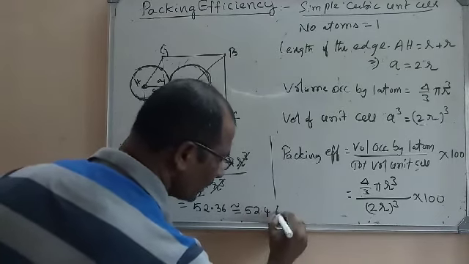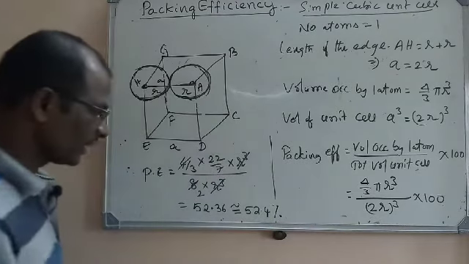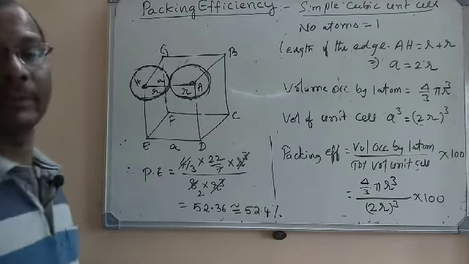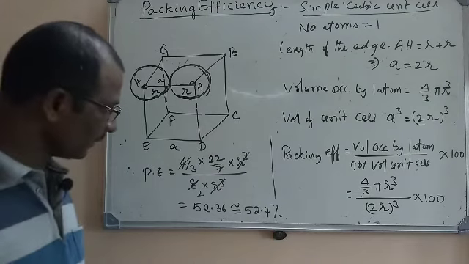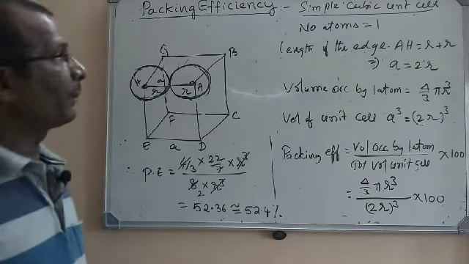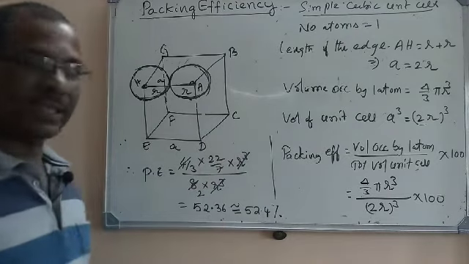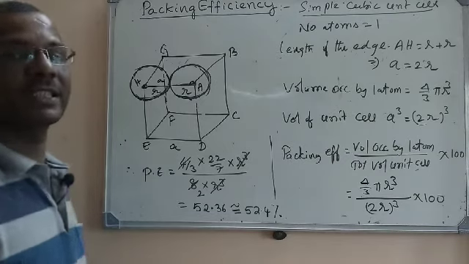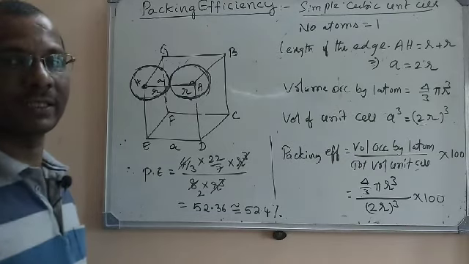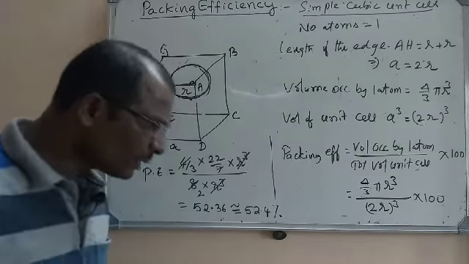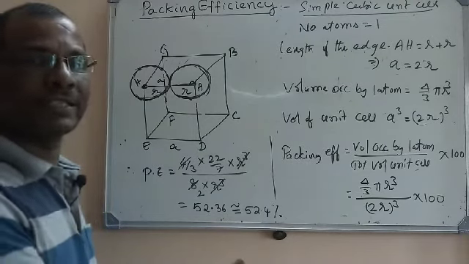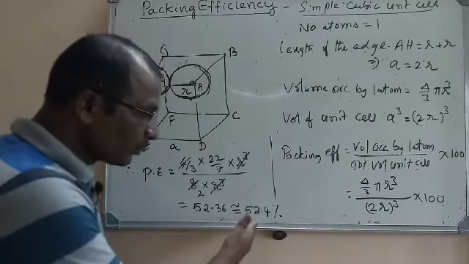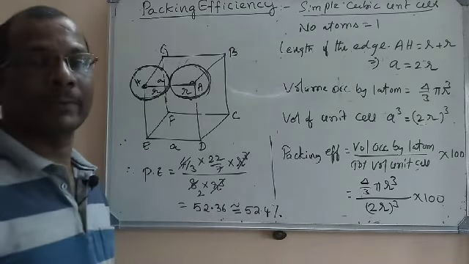It is also a calculated value, a derived value. So what is the packing efficiency? Nearly 52.4% will be the packing efficiency. Look here. The packing efficiency in a simple cubic unit cell is only 52.4%. Least packing efficiency is seen in the case of a simple cubic unit cell. That means almost 47.6% will be vacant, void, and 52.4% will be occupied with atoms.